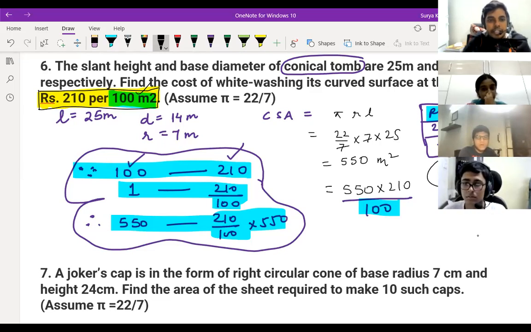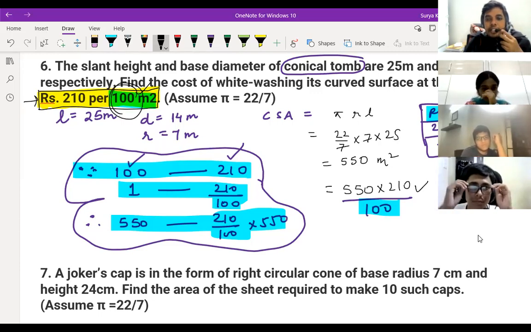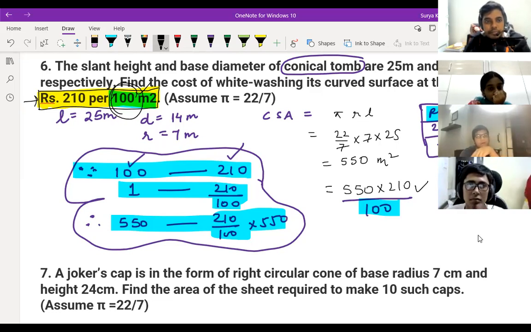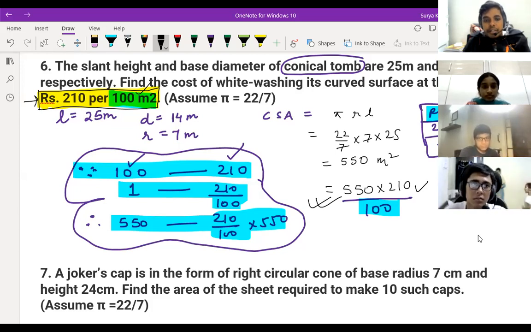Suppose they give here rupees 210 per 100 meter square. Just suppose this: if 1 meter square is given, directly you should multiply by 210, correct? Yes, sir. If they give 1 meter square over here, directly you multiply by 210. If they give 100 meter square, then you should divide by 100. So 210 divided by 100 is 2.1 into this. Correct. So if you want to remember for competition, you can directly divide, or if you want the concept of where it is coming from, then you can use this type.